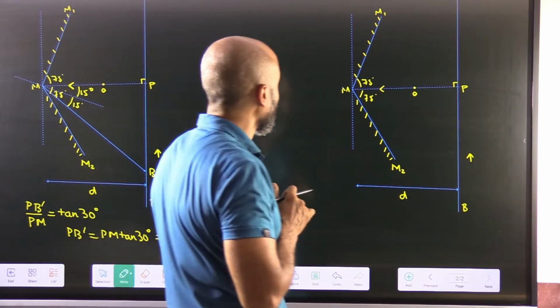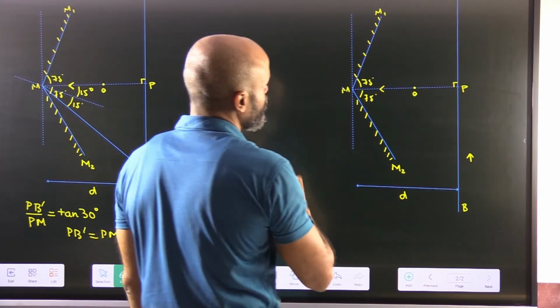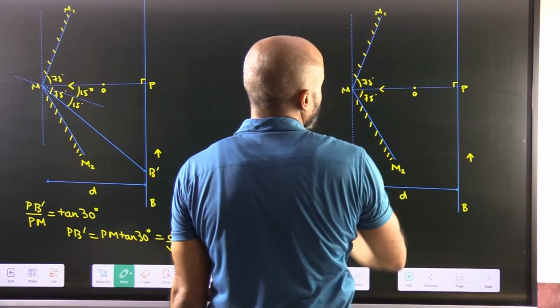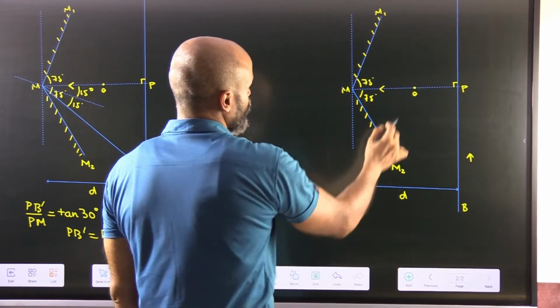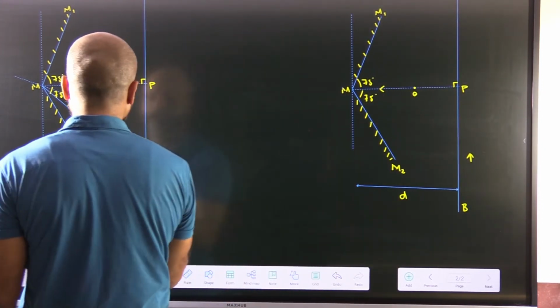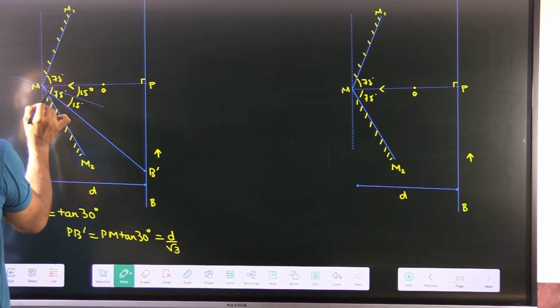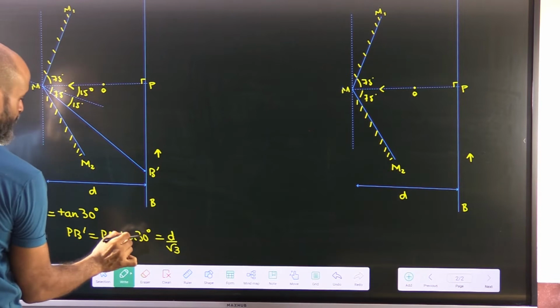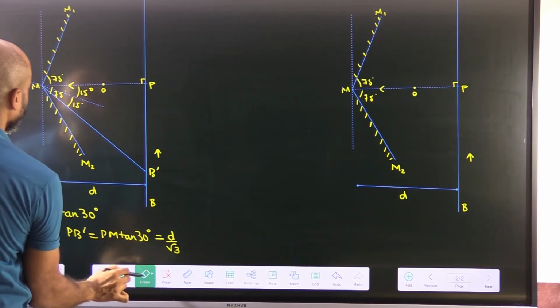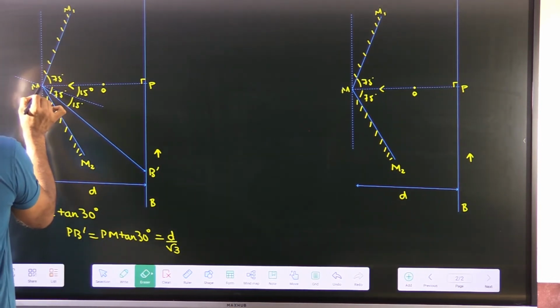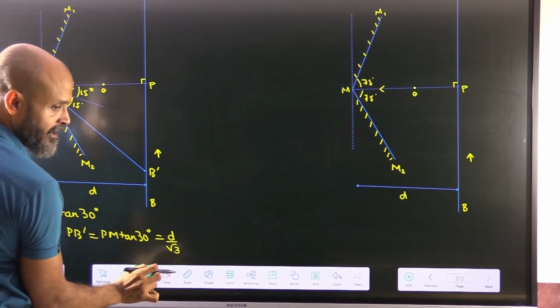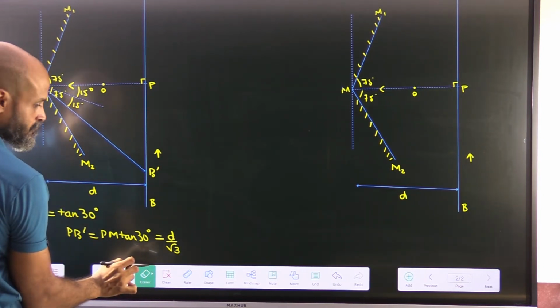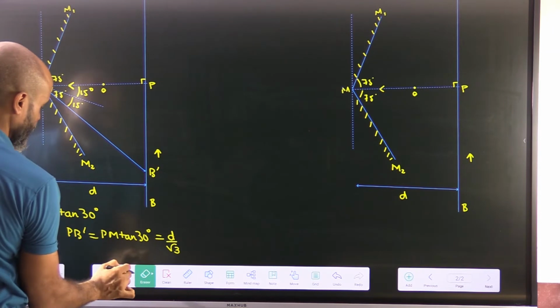Okay, now let's come to this surface where the reflection is taking place from this surface. So here if you look, the image of this point object will be formed somewhere here. So if I happen to draw the image, it will be formed somewhere here. Let me just check. So how will the image be formed?